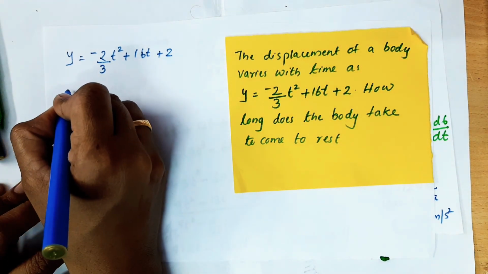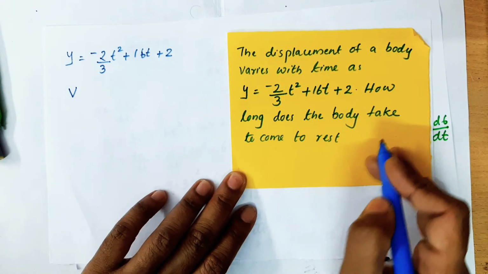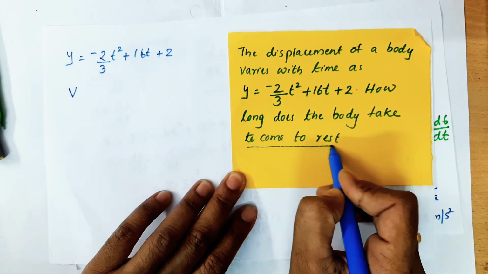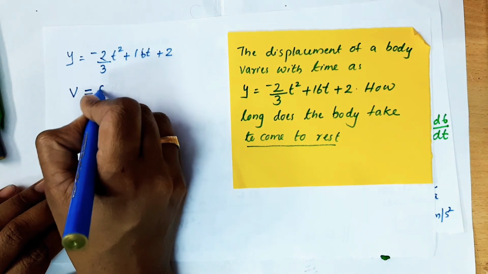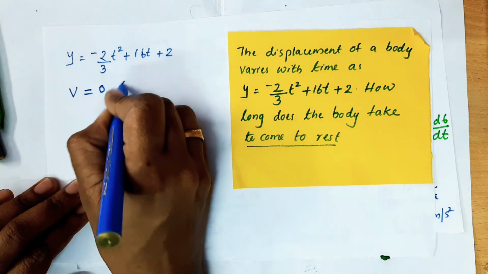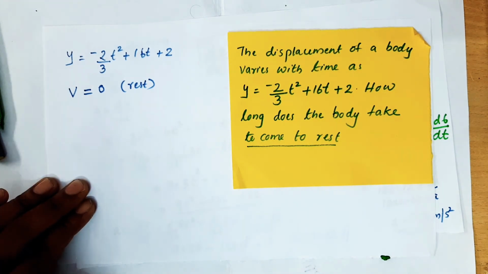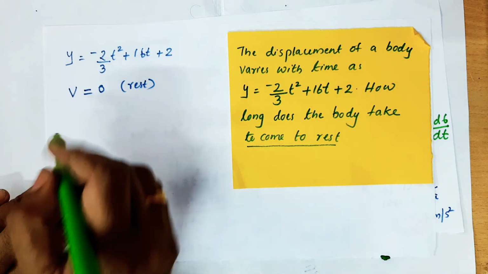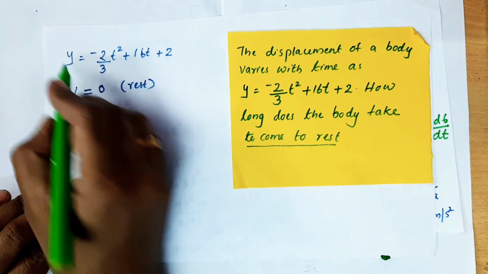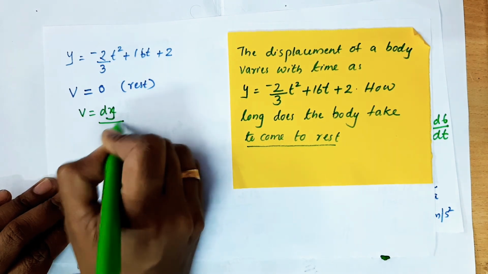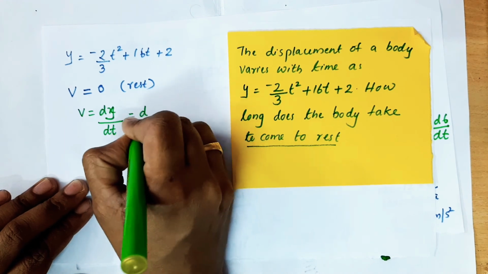If you need velocity, because they asked how long the body takes to come to rest, it means that at that point velocity is 0. Because rest means what is the velocity? 0. So what is velocity? I can write the velocity as dx by dt. So here in place of x it is y, so we can write dy by dt. So it is d by dt of